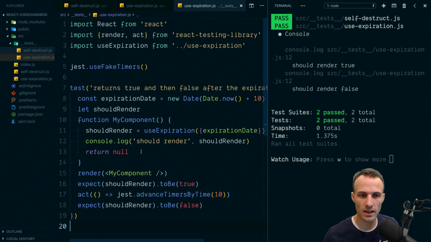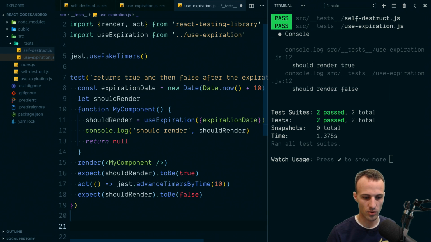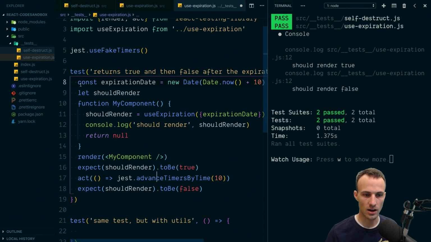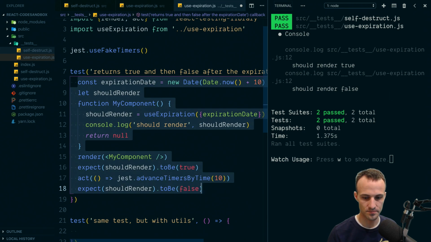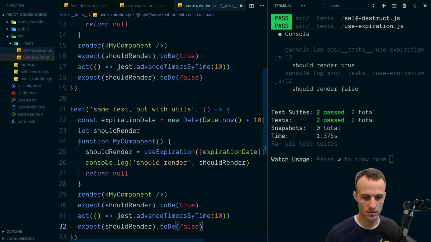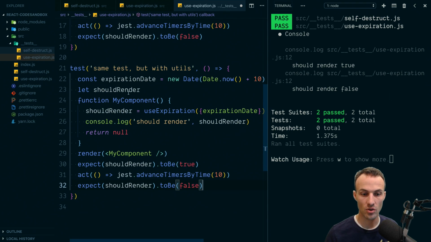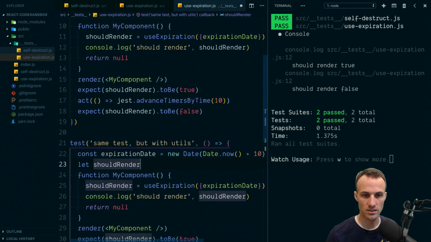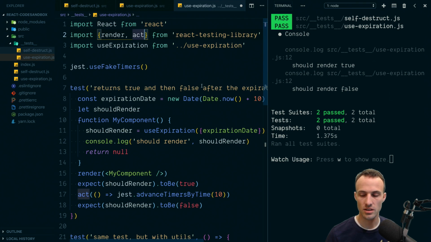Okay, cool. So that is how I might test this hook. Let me show you another way that we could test this. Same test, but with utils. So I'm going to copy all of this stuff and we'll refactor this. And so instead of all of this nonsense, what I'm going to do is